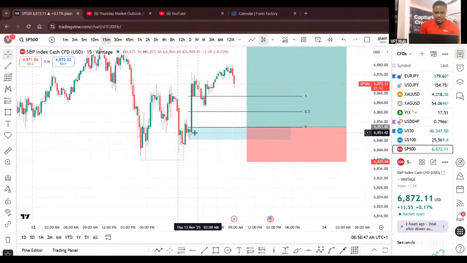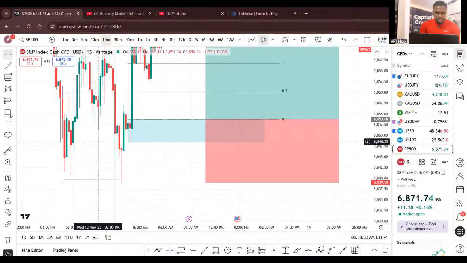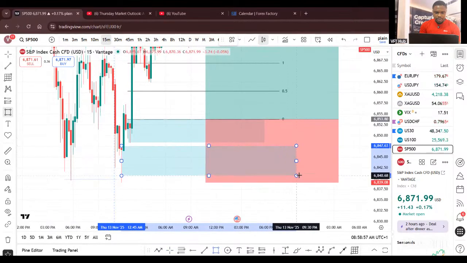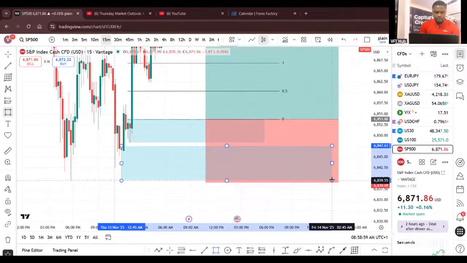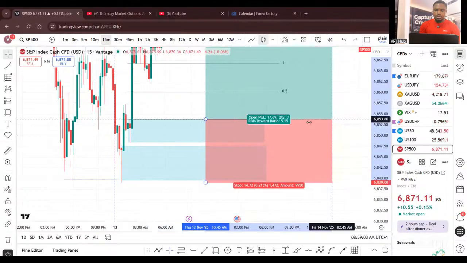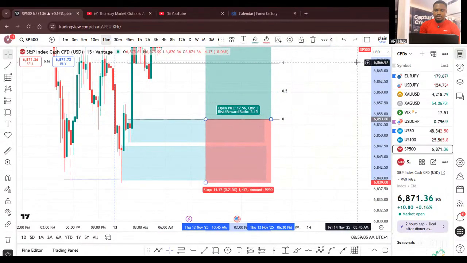Price can reverse from this or even inside this other block, although it looks as though it has not been tested before, right? This and this, yes, you have two areas of interest. So this can happen, and then the other one can happen too. So having this kind of